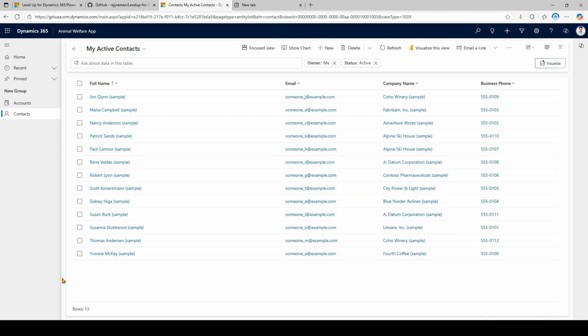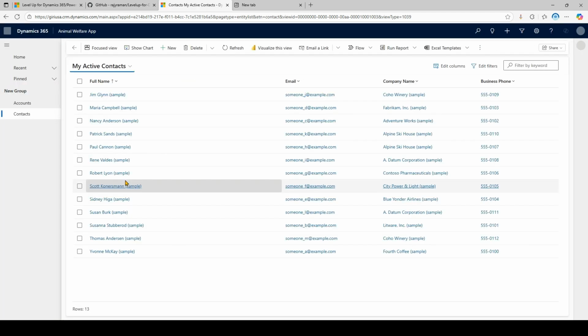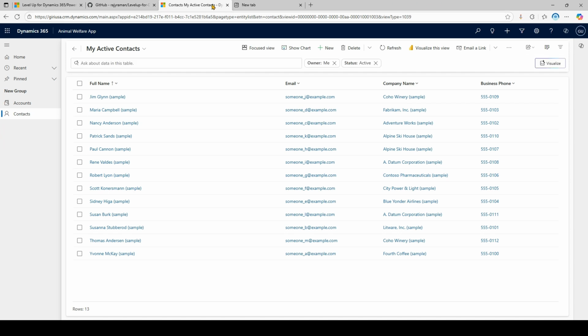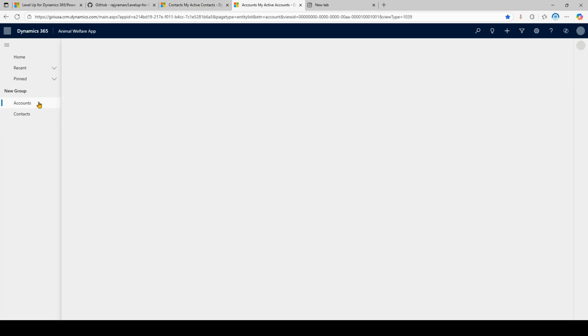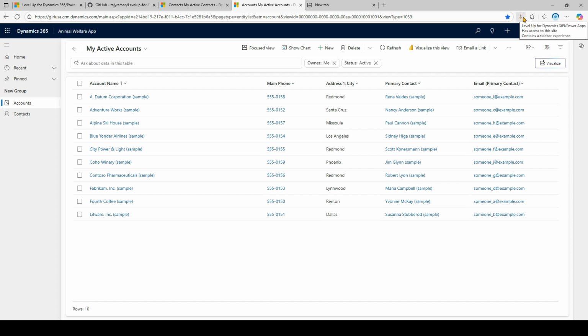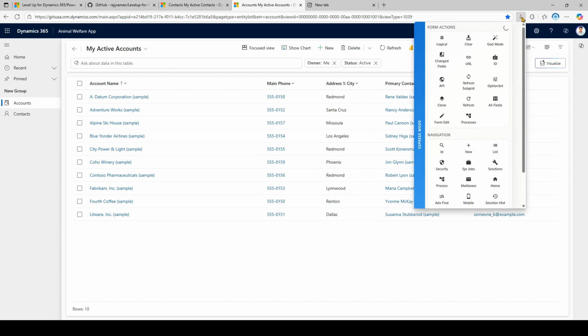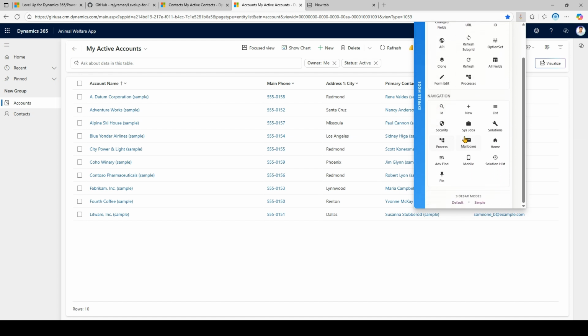Now let me do a hard refresh, and let me duplicate this screen. In one tab I will open contacts, and in the other tab I will open accounts. Now if I click on this Level Up for Dynamics 365 icon, I can see that currently this is in express mode. Express mode has various form actions and navigation related items. We get two options, default and simple, for the sidebar mode. Now if I click on default,